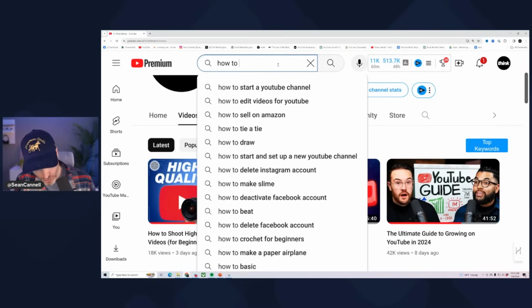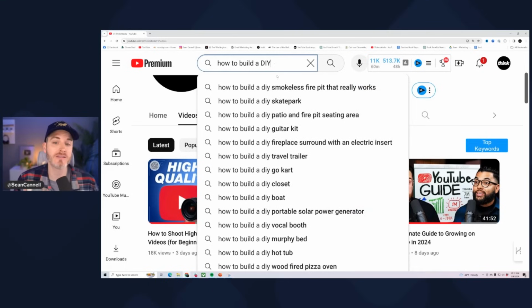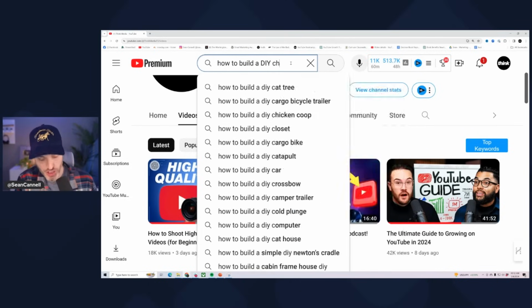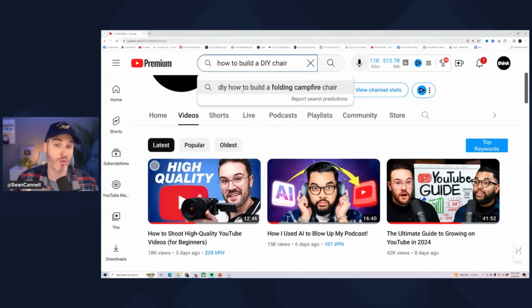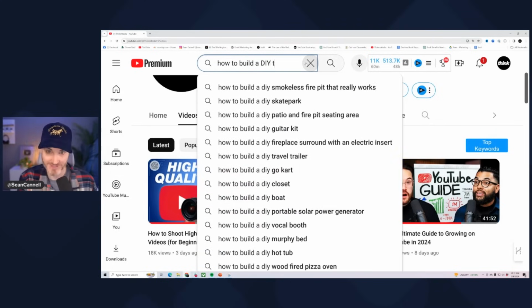Like how to build a DIY could be the next thing you think about, because the community member that shared this niche shared DIY in woodworking. So how to build a DIY chair, and then DIY how to build a folding campfire chair, may be irrelevant because you're not going to do folding stuff, but maybe you are. So you start going down this rabbit hole, how to build a do-it-yourself table,